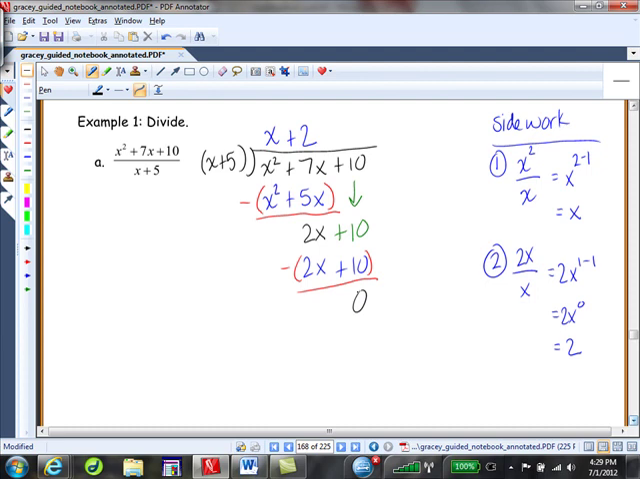which is just 0. So, what did I find out? I found out that x squared plus 7x plus 10 divided by x plus 5 is equal to x plus 2. That's my answer. How are we doing so far? Okay, so